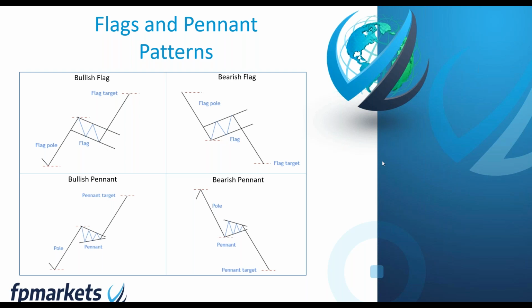So look, one other point worth acknowledging is flags and pennants are also known as half-staff patterns, or sometimes called half-mast patterns, meaning they sometimes appear midway in a price trend. You can therefore project the price where the trend could end. Guys, like everything in technical analysis, this does not always work, of course, but flags and pennants are handy when you need to help determine a trend's lifetime. Look, guys, any questions on the flags and pennant patterns?